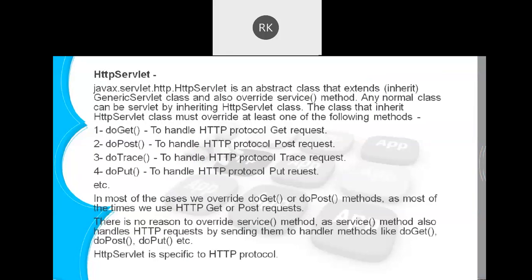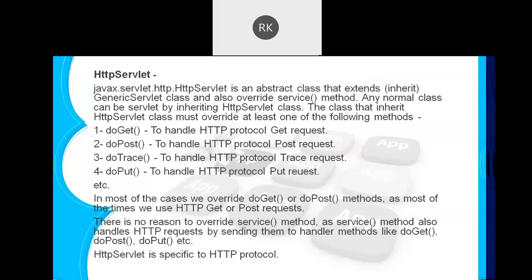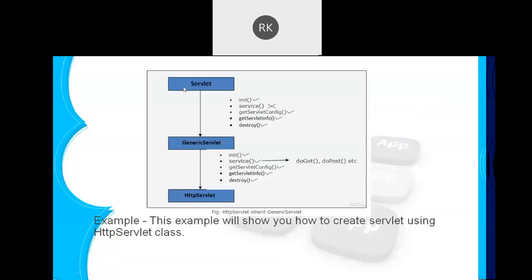Here we have seen the generic servlet. What feature do we get in case of generic servlet? We only need to override the service method, because the other four methods are already overridden by the generic servlet. Let me know if anyone has any doubt in this. We have seen the second method to create web pages using Java. The next one, and the most important one, is the HTTP servlet. That is the main way to create the servlet. But before that, the generic servlet should be clear to everyone. Let me know if anyone has a doubt in this.